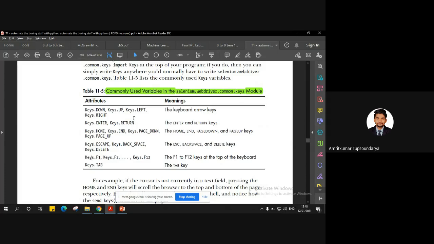Now, I don't have to tell the meaning about these things, but just for reference again. So these directions will give you the keyboard arrow keys, right? And these attributes are nothing but the enter and the return key. I think you are already aware, so I don't have to explain much about this. Anyway, hopefully now you understood how you can control the overall web page, right? You can use these attributes to control the navigation of the web page.